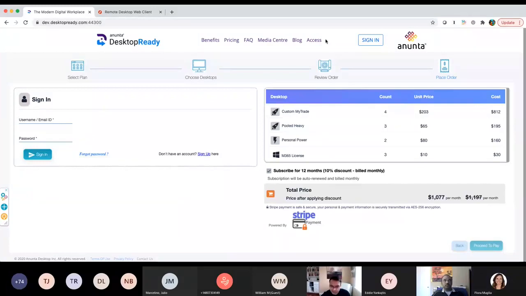Yeah, Flora, I wanted to just maybe elaborate on a couple of questions. I think there was a question from Richard Wallenberg and then Farhan Nisar about the price. So I just wanted to touch on that a little bit. One of the comments was, "Hey, I can buy a laptop or a physical desktop for $900 and it lasts me for 7 years. So how would Desktop Ready be more cost effective?" So the idea here is twofold. One, when you buy an end device, whether a laptop or a desktop, and you use it in the traditional form, you're using those local resources,